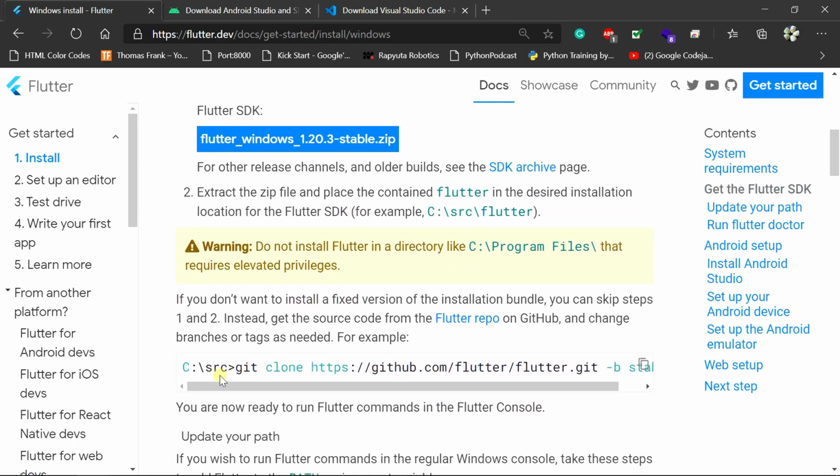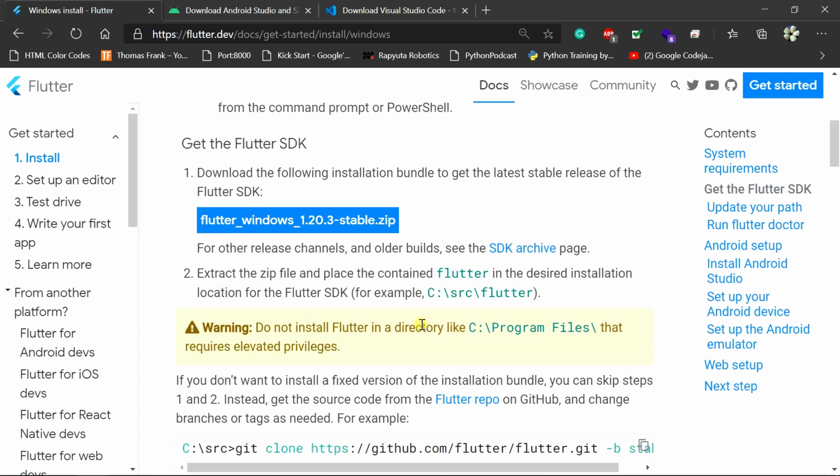Okay, so it depends upon you. If you want to install it through Git, you can, or you can install it as a zip as well. Let's go with the general version where the people will be downloading. I already have this zip file on my computer. You can just click over here and download the zip file. All right, let's move on.